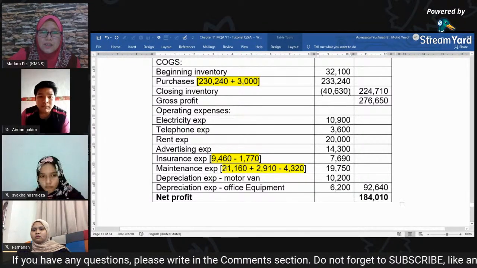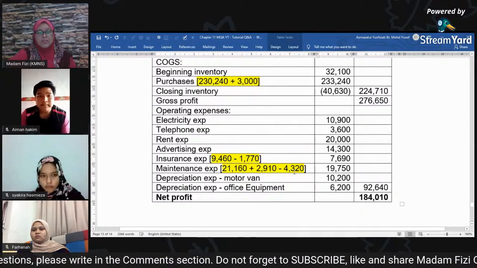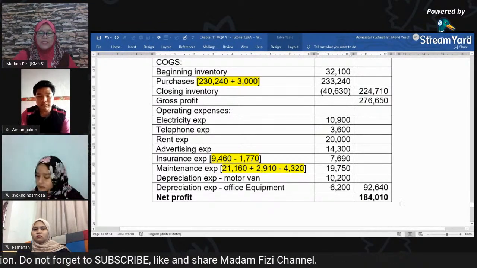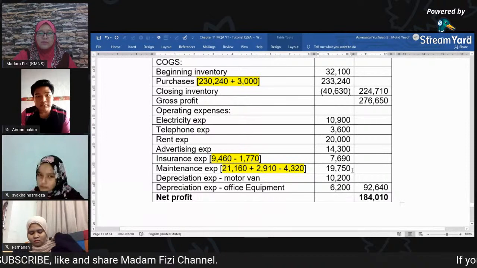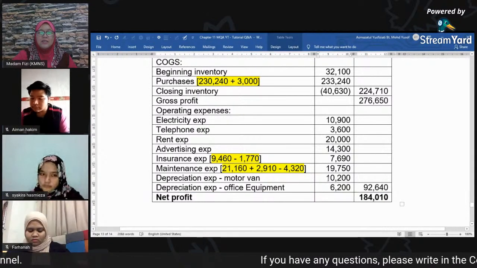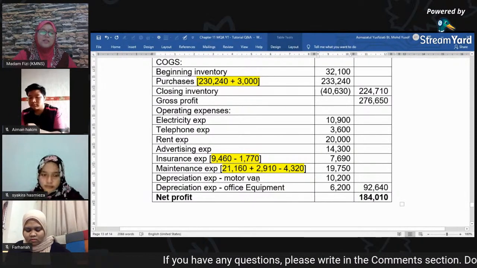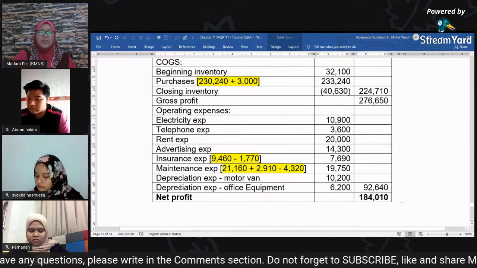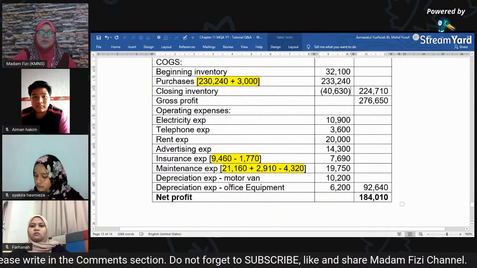Okay, you can get this amount from the question. So total for maintenance expenses is 19,750. And then the depreciation expenses for motor van, 20% from the cost, is 10,200, and depreciation expenses for office